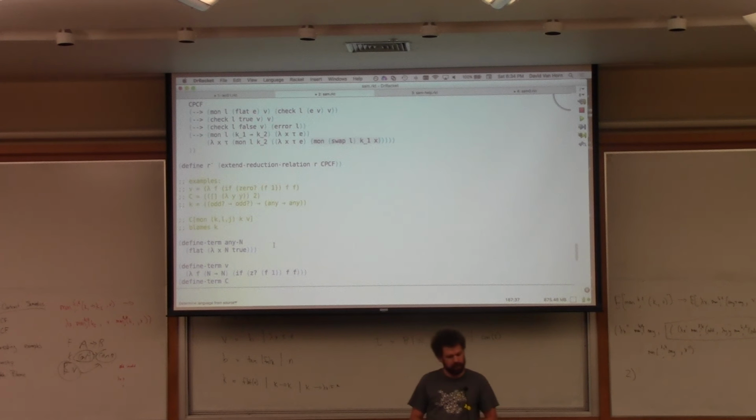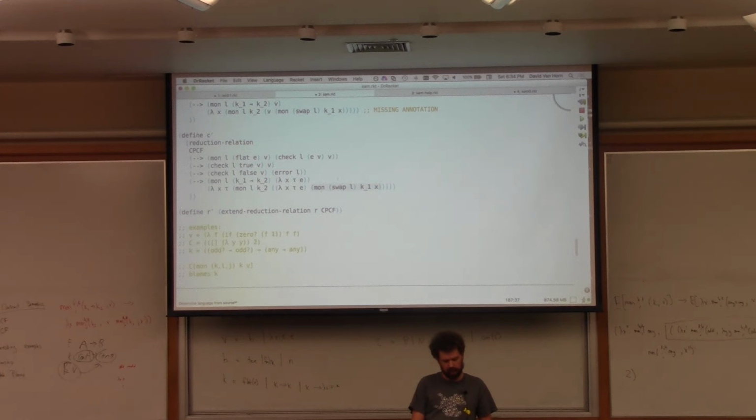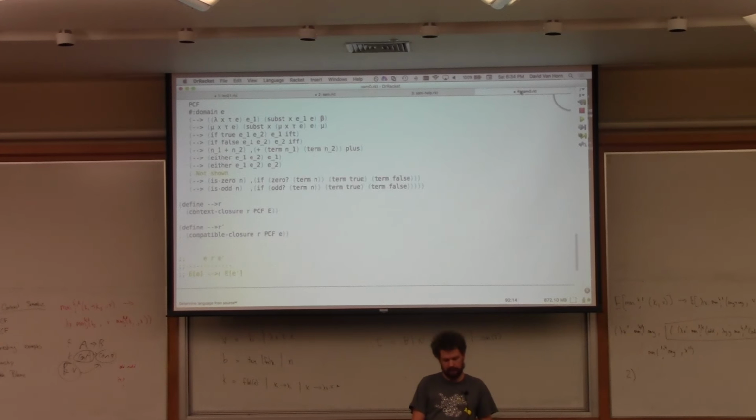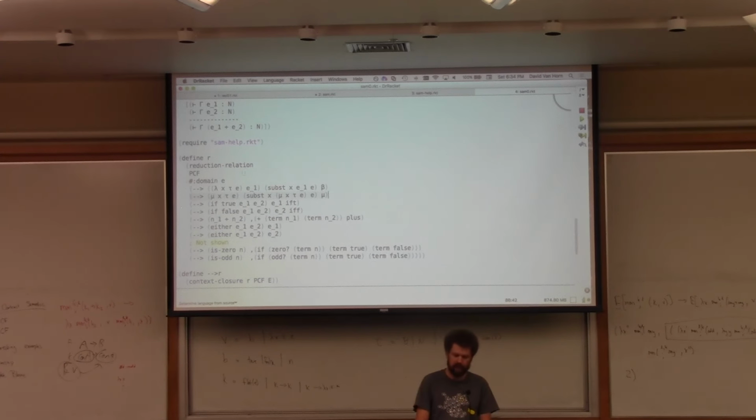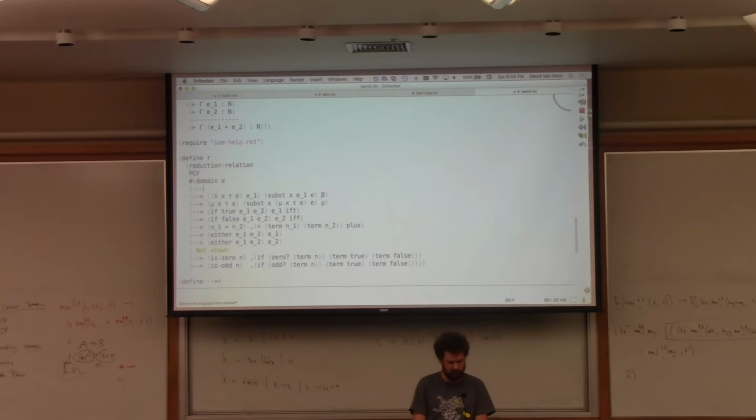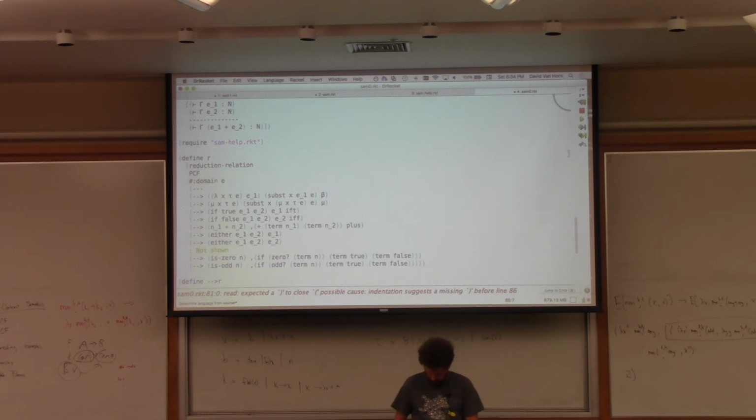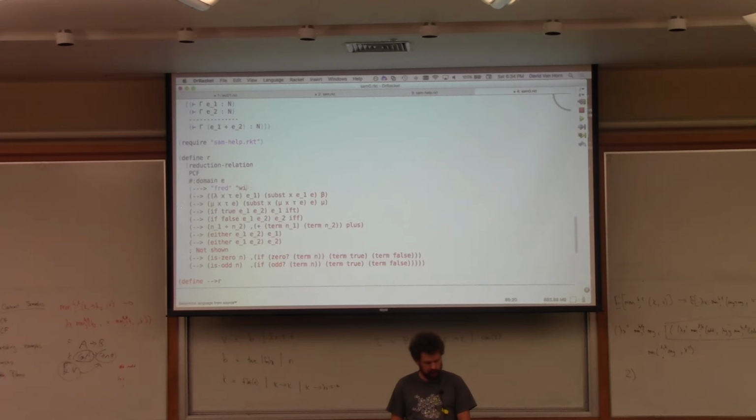So there's no checking going on. Like I was saying, the domain here is E. That's not checked statically. So I can write things that are nonsensical like this, that the string Fred reduces to the string Wilma, and